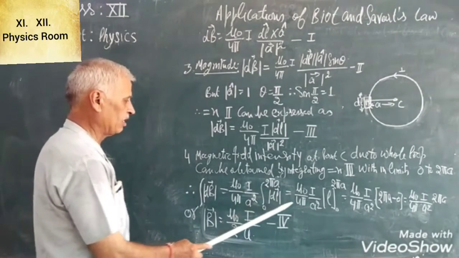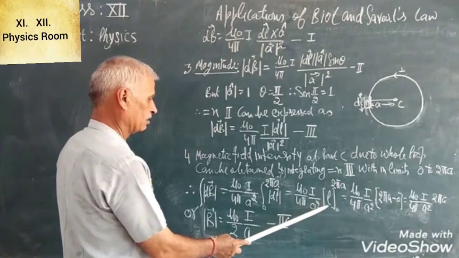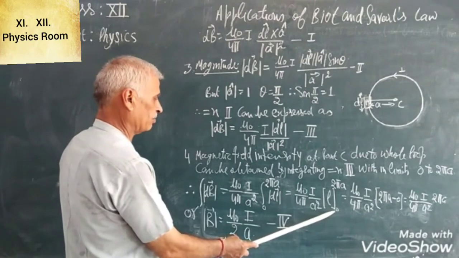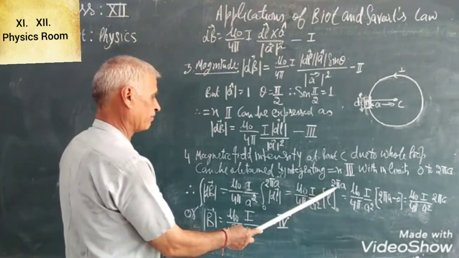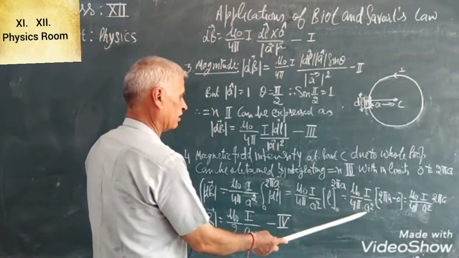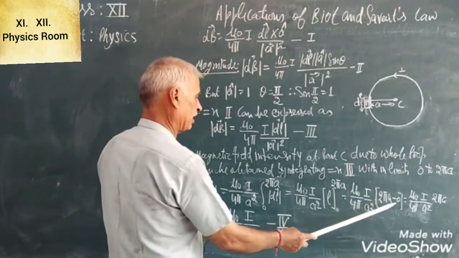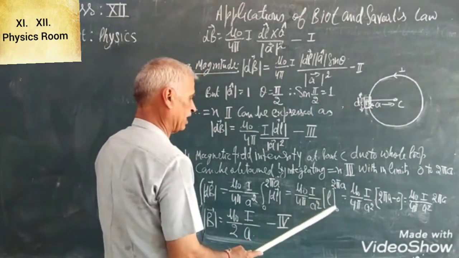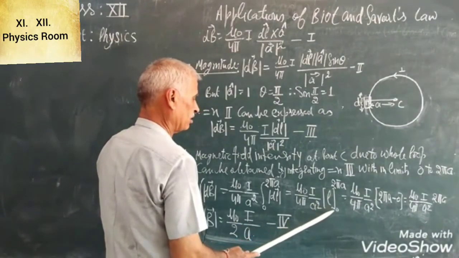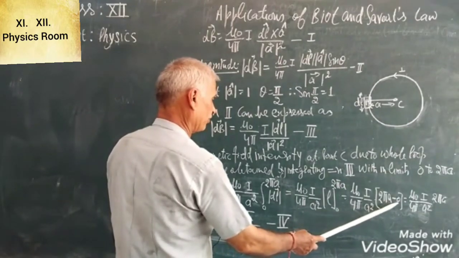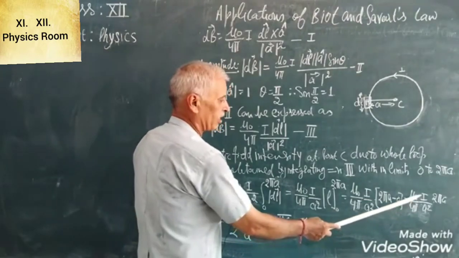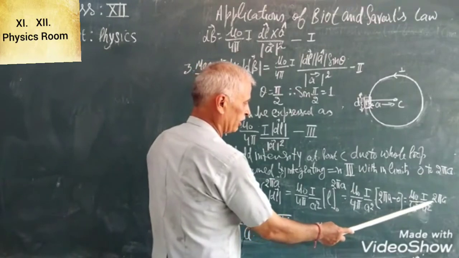Now this can be evaluated as mod L, with the limits 0 to 2πa put in the backside. This can be expressed as μ0 over 4π, I divided by a square, into 2πa minus 0, the upper limit minus the lower limit. So we replace L first by 2πa, then we replace L with a minus sign by 0. If we evaluate it, it comes out to be μ0 over 4π, I divided by a square, into 2πa.